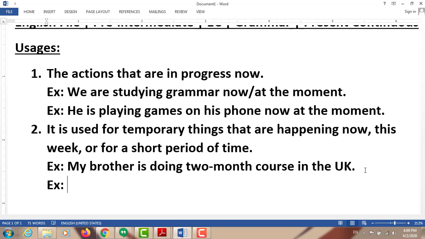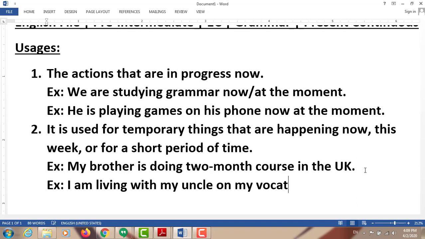Okay, I'm living with my uncle on my holidays, or we can say on my vacations. I'm living with my uncle on my vacations. Okay, so this is for a short time. It is true, or it will finish in a short time, and it's a temporary action. Okay, next usage is